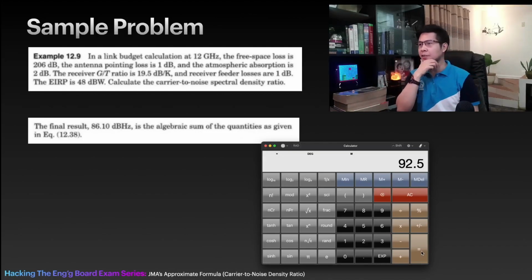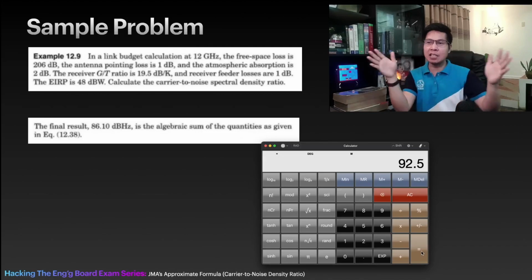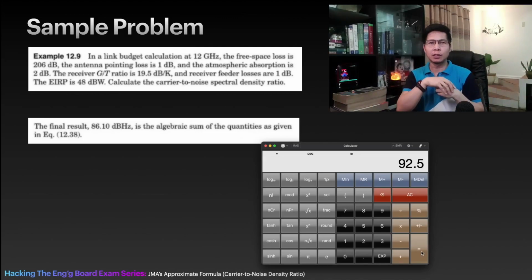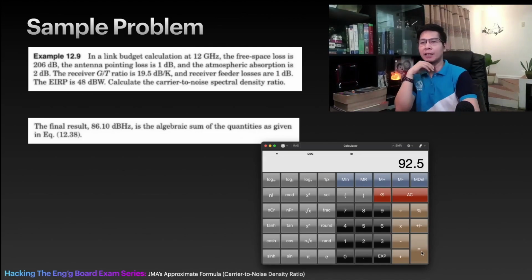And the answer in the textbook is 86 dB. There is a 4 dB margin, kumbaga. And I told you earlier that the formula I made does not consider the losses. The approximate formula I made is ideal; it does not focus much on the losses. But if we try to integrate the losses into my approximate formula, so